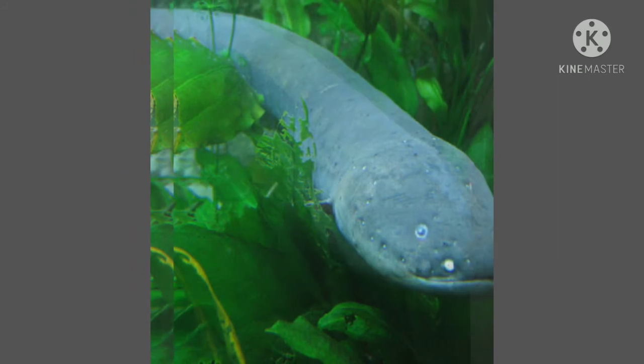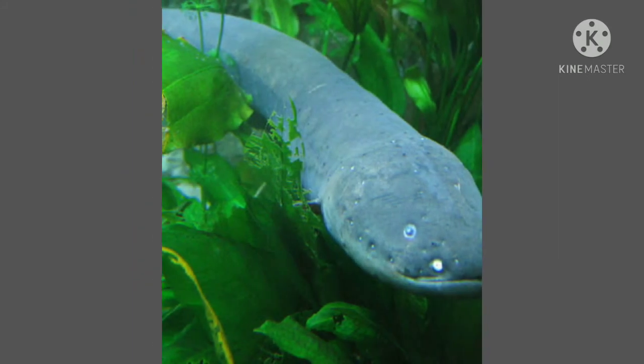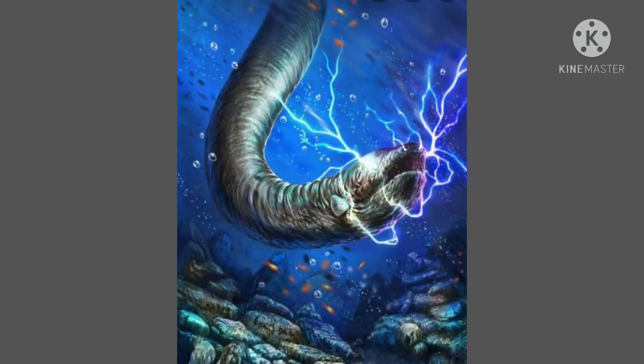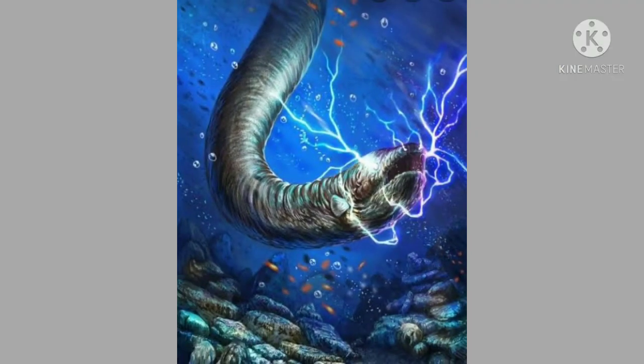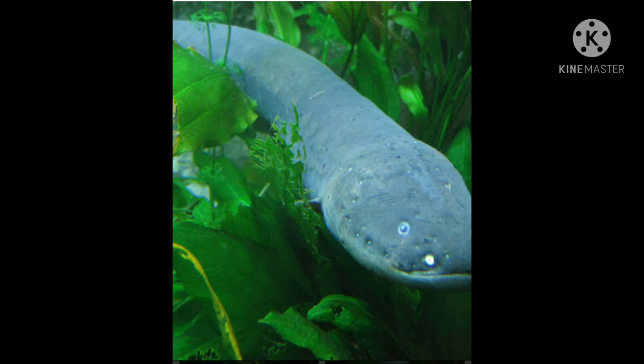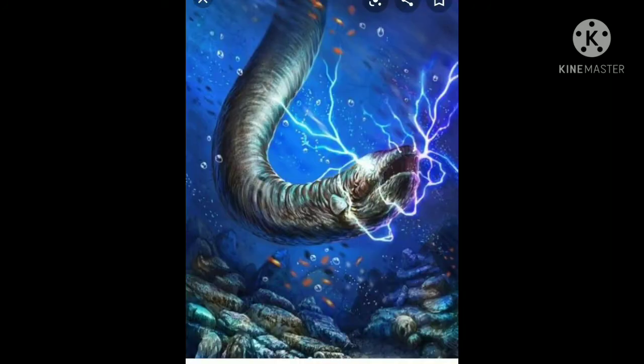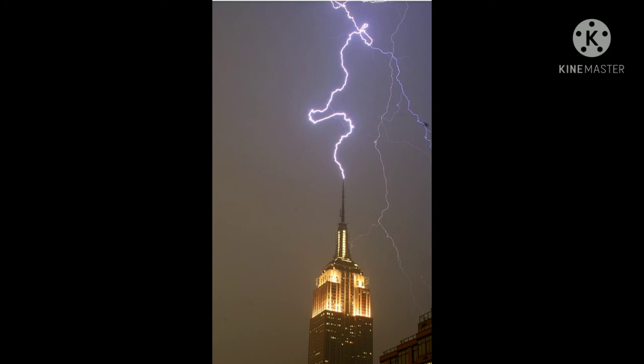An interesting fact about the electric eel. The electric eel is a species of fish which can give an electric shock of up to 650 watts of electricity. But if the eel repeatedly shocks, its electric organs become completely discharged. Then a person can touch it without being shocked.